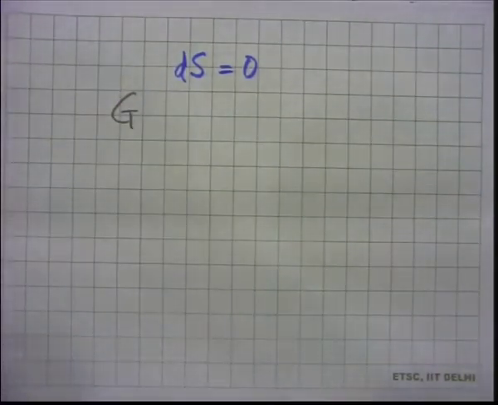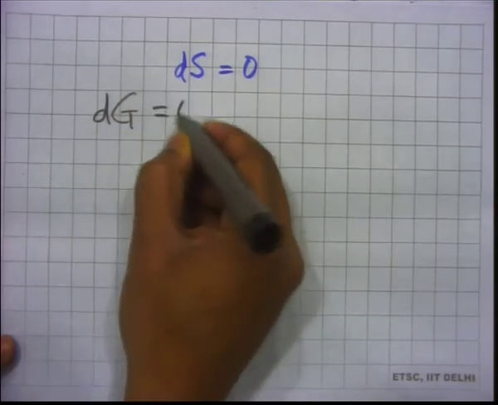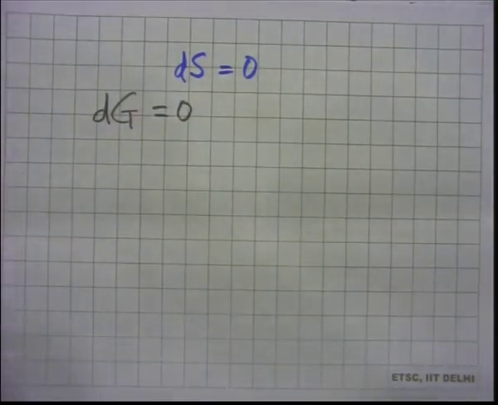Now, G is Gibbs free energy and G is H minus TS. Okay. Since we are not doing thermodynamics in detail, I am assuming that you are sort of familiar with what I am saying. And for fixed temperature and pressure, we will like to write dG equal to 0 at equilibrium. Okay. So, dG equal to 0,